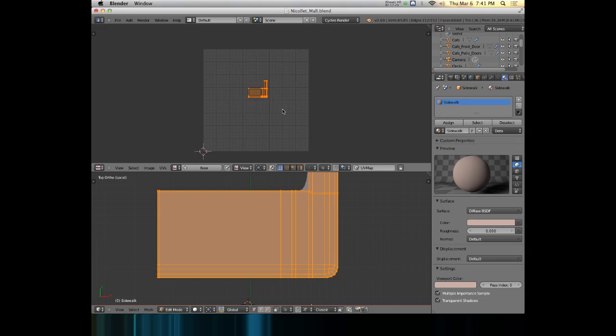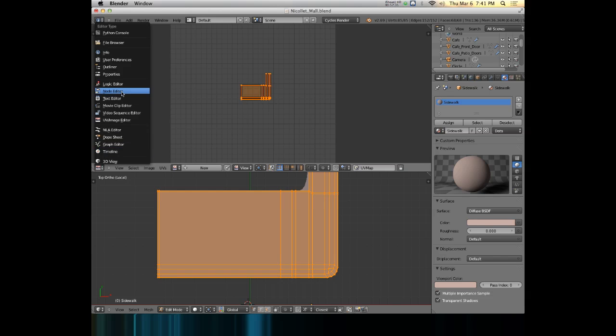It's a bit small, but we'll leave it at that for now, just so we can see the reasons why I adjust it the way that I do coming up. Okay, so now I'm going to change this top view back to my node editor,